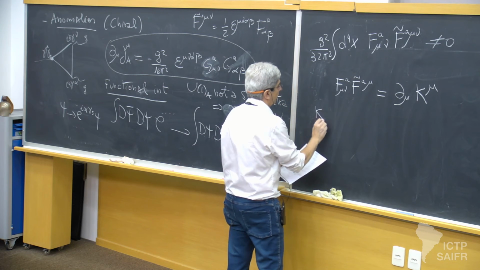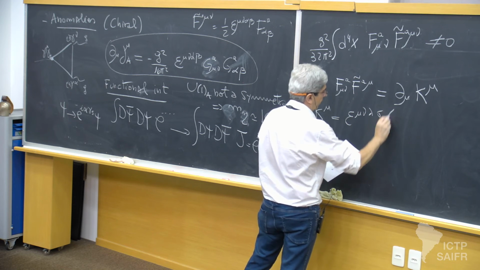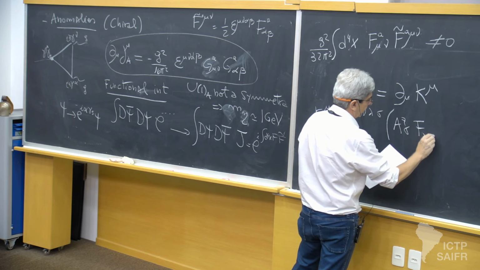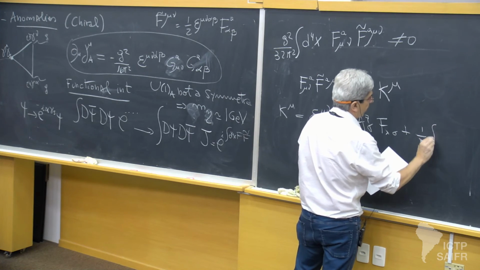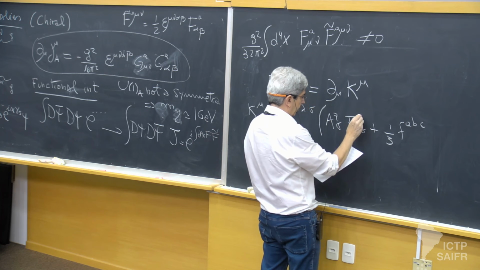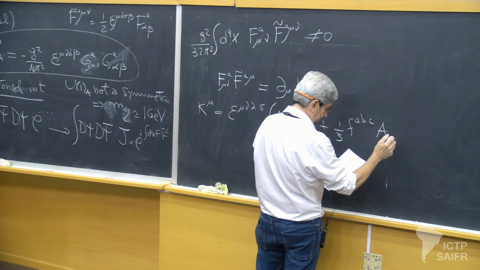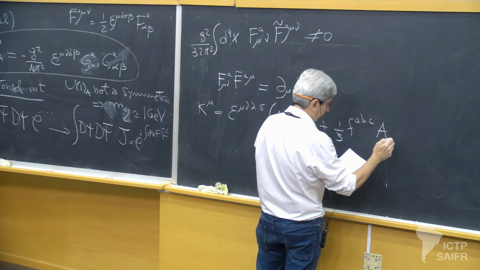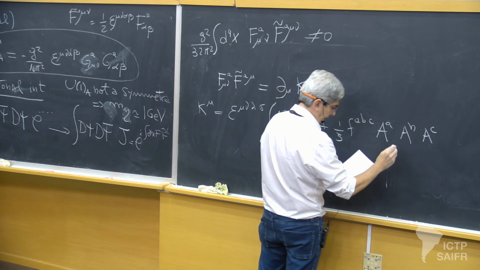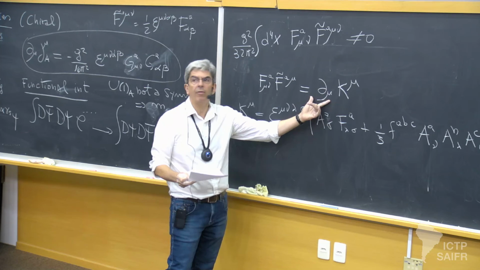So K^μ is ε^{μνλσ} times A_ν F_{λσ} plus 1/3 f^{abc} A^a_ν A^b_λ A^c_σ. So this is a complicated way of writing it, but since it's a four-divergence, then